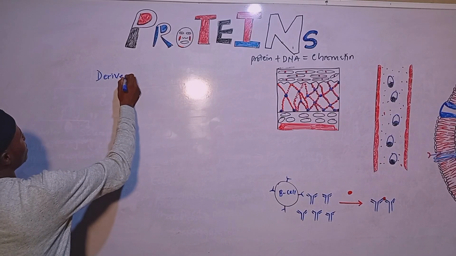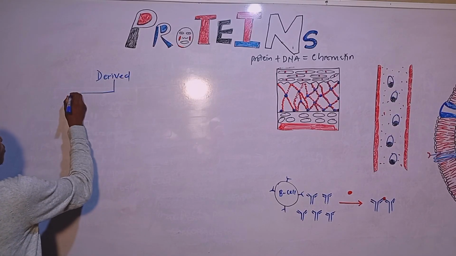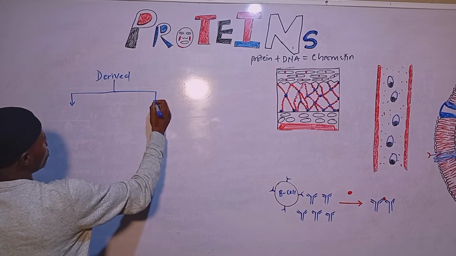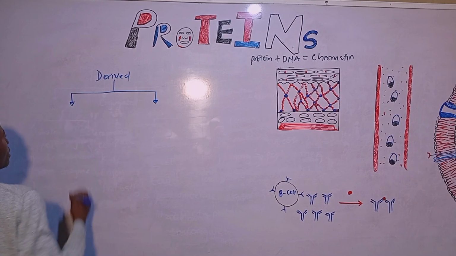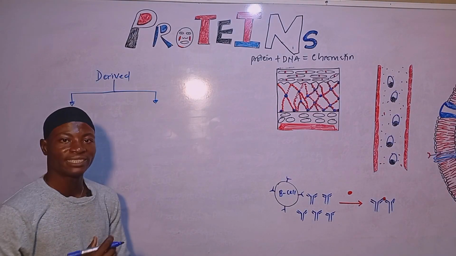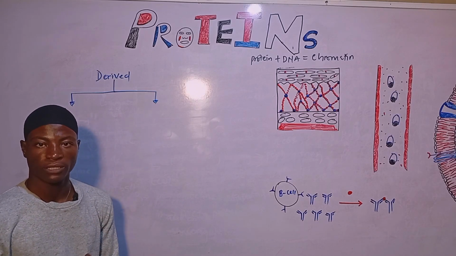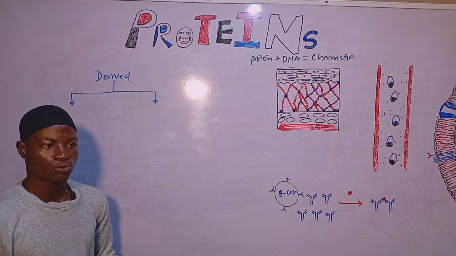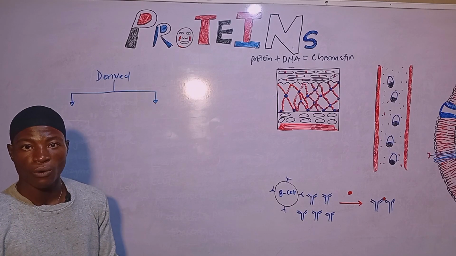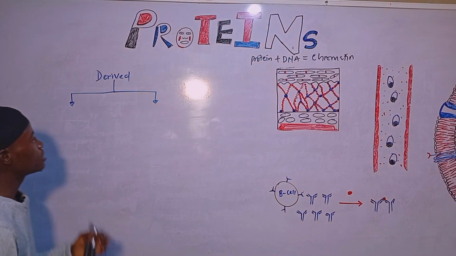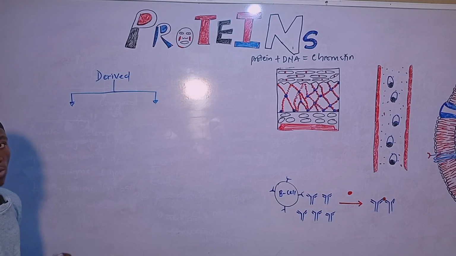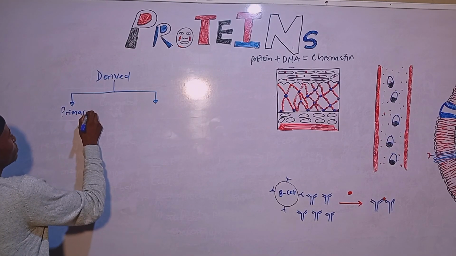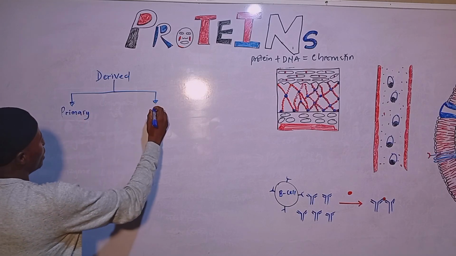Derived protein is divided into two based on the mechanism of hydrolysis of protein, because derived proteins are derived from simple and conjugated proteins. Whenever simple and conjugated protein is treated with heat, acid, or enzyme, that's when we get derived protein. And it is divided into two. We have the first one, which is the primary derived protein, and the second one,